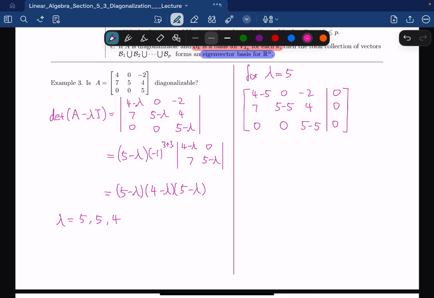Well, this is going to give me -1, 0, -2, 7, 0, 4, 0, 0, 0. And of course, my answer column here. We can see that the first row and the second row are no longer scalar multiples of each other compared to the previous example. So if I want to do some EROs and